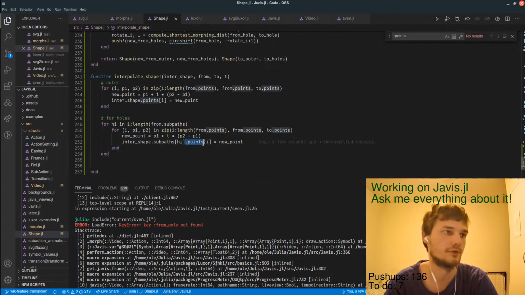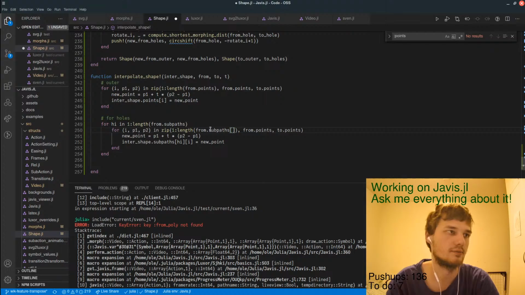Oh no, not dot points. Just like this. Okay, and then from subpass hi.